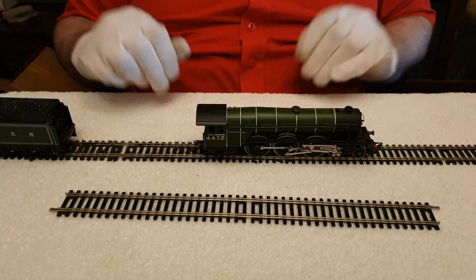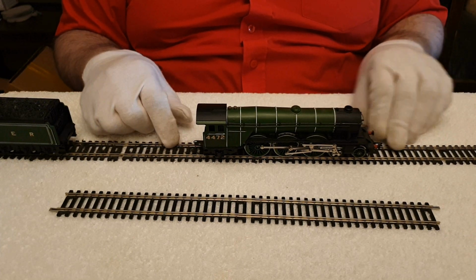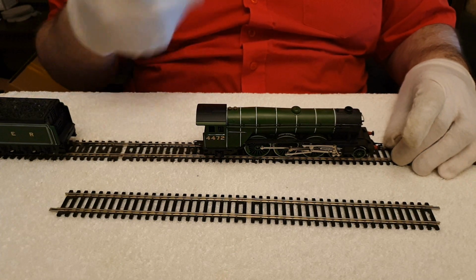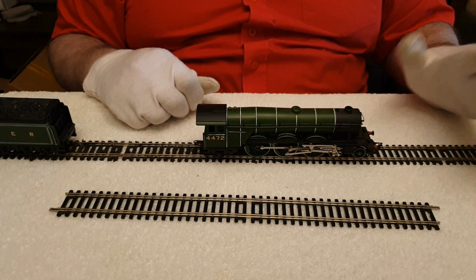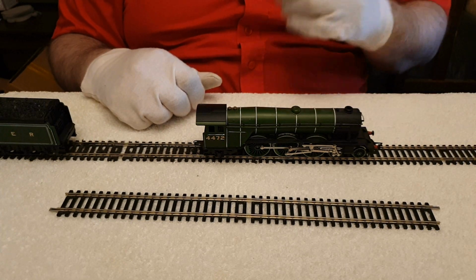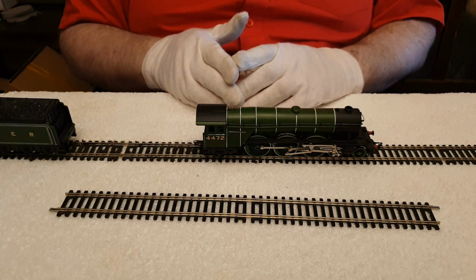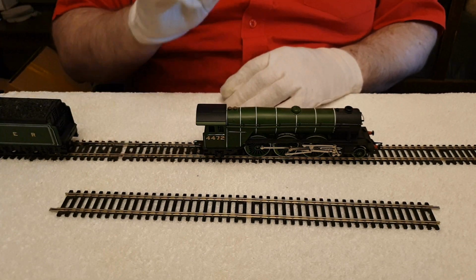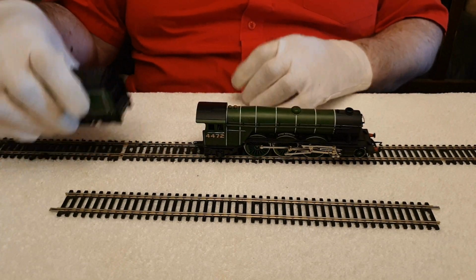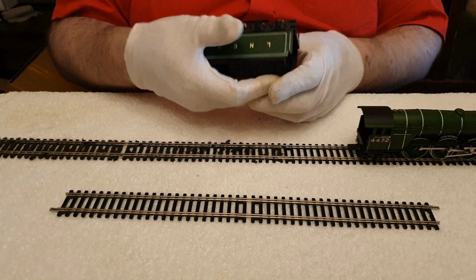Anyway, so the toy itself, as you can see, the track here is metal, and you have a small amount of electricity that goes through the metal that makes the trains actually run. It's not enough electricity to, you know, electrocute you or anything, but it's obviously enough for the train to run. Now, in these vintage Hornby train sets, the motor is not actually in the engine itself. It's in this bit here, which is the coal bunker,